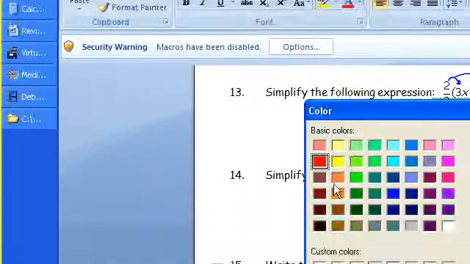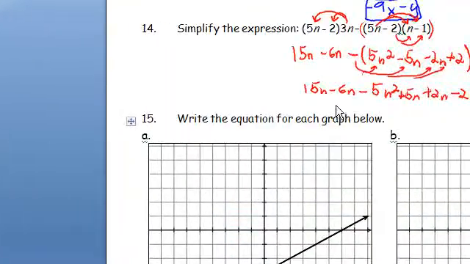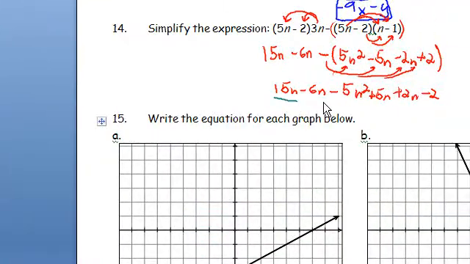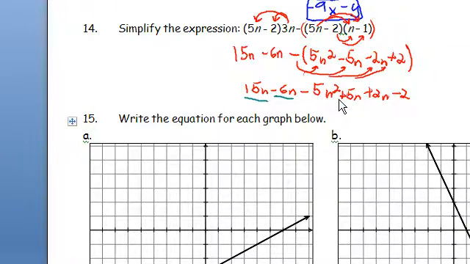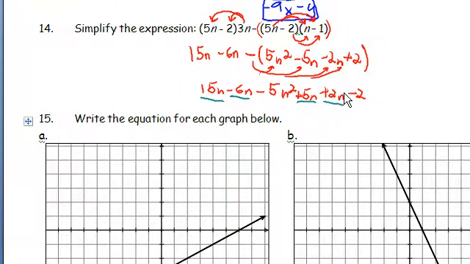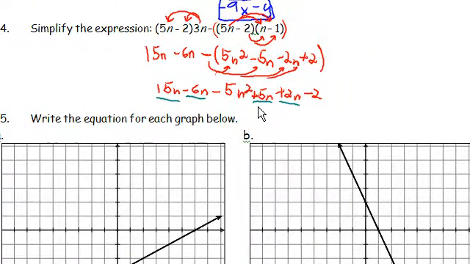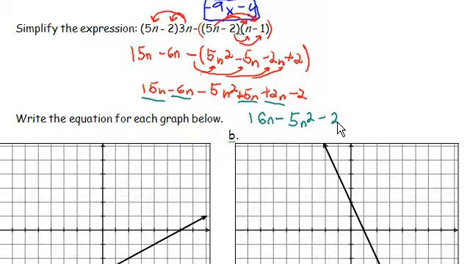And let me change colors here. Ooh, teal. Nice. 15n. There's an n term. There's an n term. N and then n terms. Let's combine all those n terms. So that will give us, let's see, 15 minus 6 is 9. Plus 5 would be 14. Plus 2 would be 16. So we get 16n minus 5n squared minus 2. And we are left with all of these are